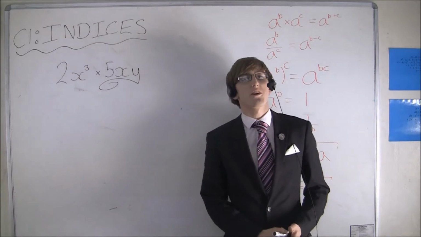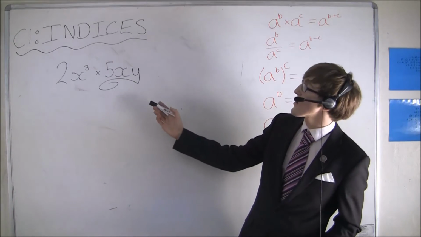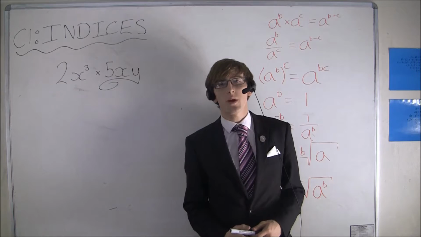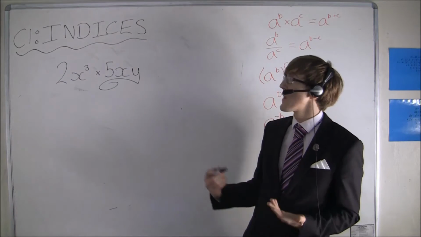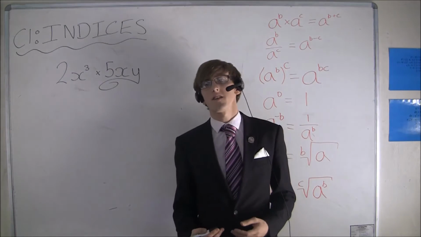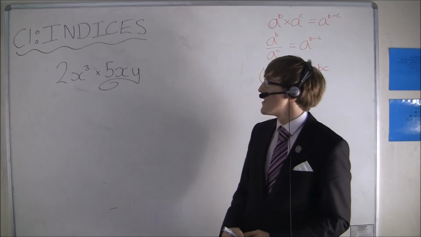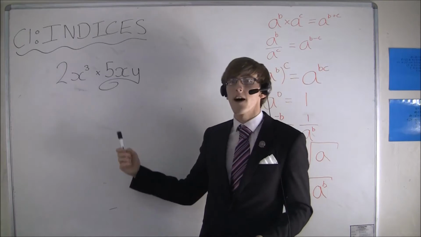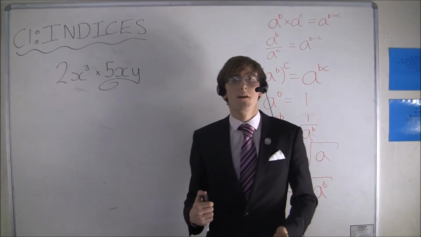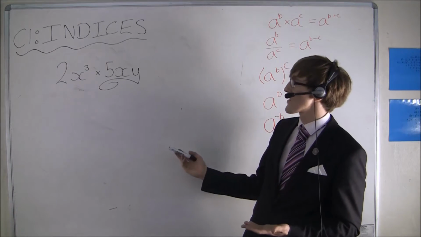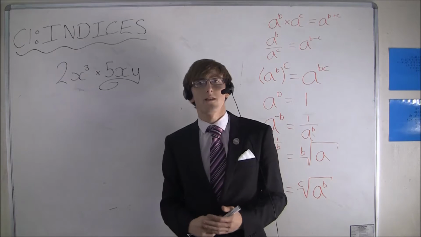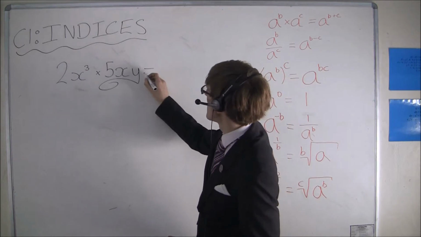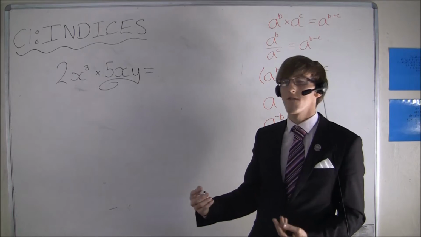The next question we're going to look at is 2x cubed multiplied by 5xy. It's important to remember that whenever we have letters next to each other, or numbers in front of letters, then that implies that we're just multiplying them all together. So in reality, we have here 2 times x cubed times 5 times x times y. But in maths, it doesn't matter which order we do these operations when things are all multiplied together. So we can just as easily say this is equal to 2 times 5, which is 10,